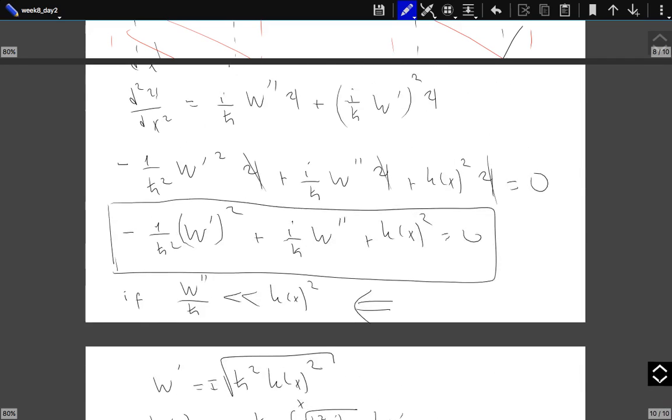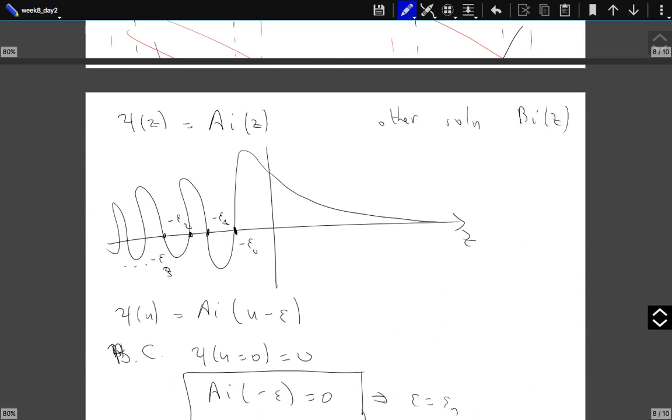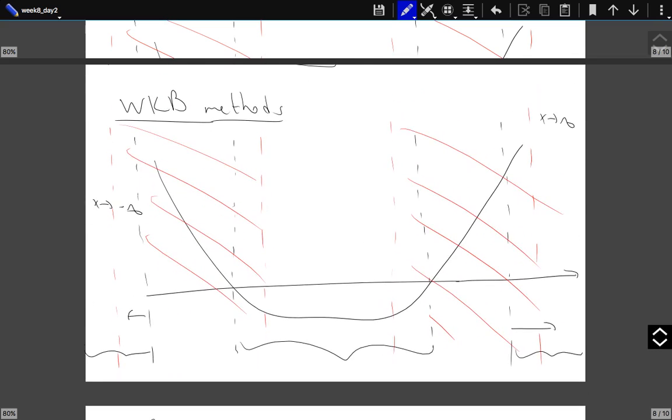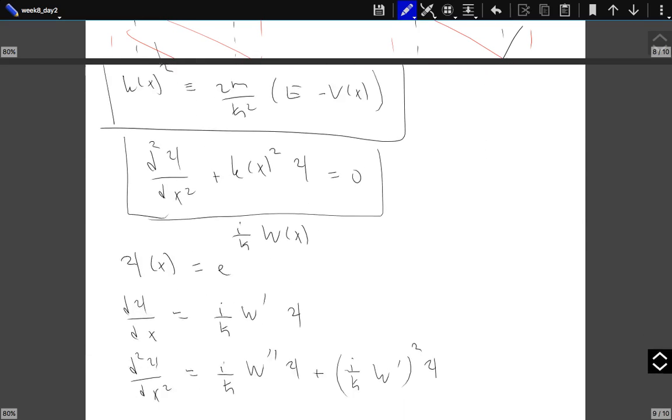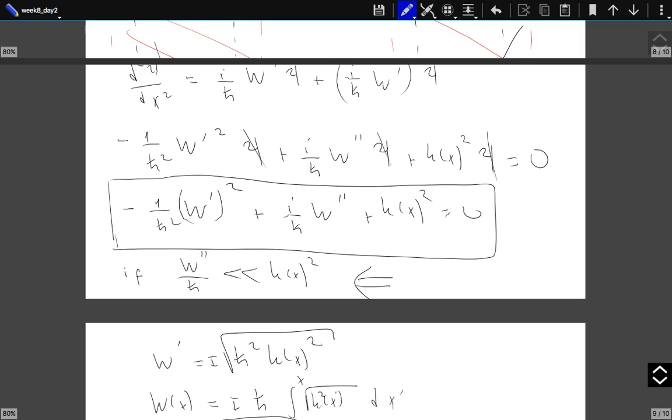No. You see, I have my potential. I'm basically dividing it into various regions. Some of the regions, we will see that it satisfies this condition. In those regions, omega double prime over h bar will be much smaller than k of x squared. That will be some of the regions. Some other regions will not satisfy this condition, but we are hoping that those regions, we will see that especially,